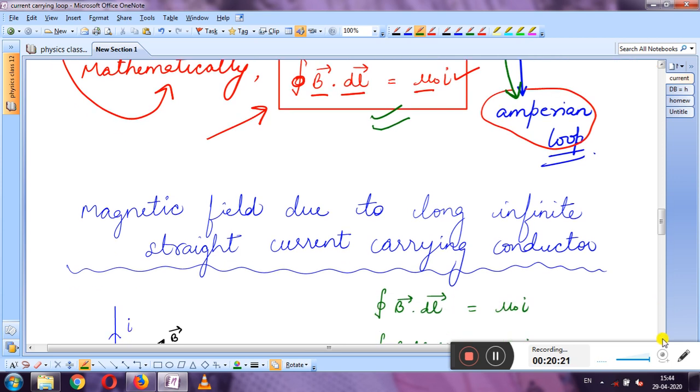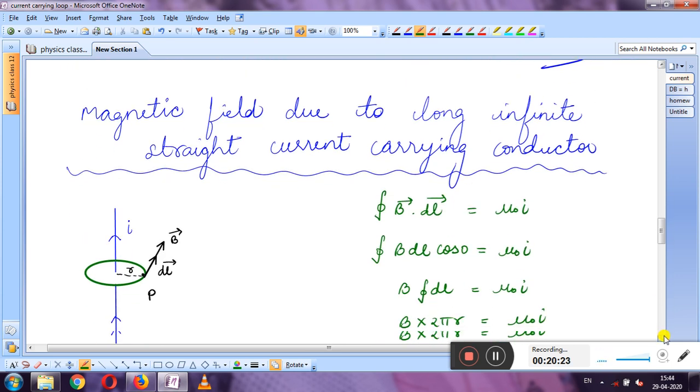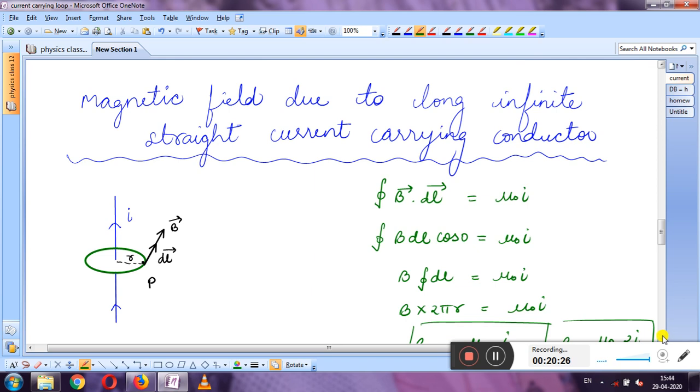Now with the help of Ampere's circuital law, we can find out magnetic field due to various things. Like here you can see, due to a straight current carrying conductor, we are trying to find the magnitude of magnetic field. So how can we do that? Let us first of all understand the figure. What does the figure say? There is a straight current carrying conductor, and this conductor is of infinite length. Second, there is current I flowing in this conductor. Third, there is an Amperian loop, a closed loop, through which this current I is passing.